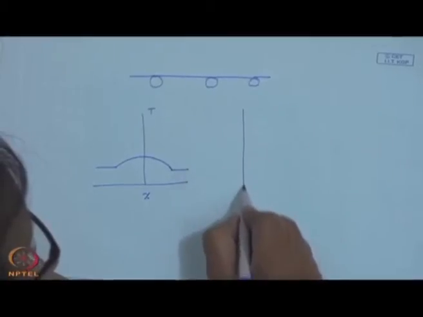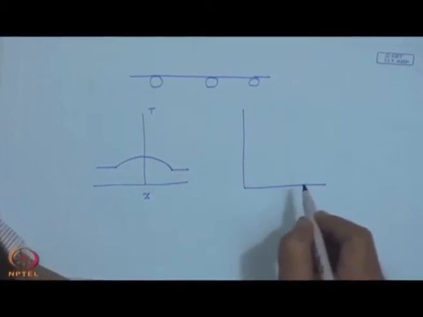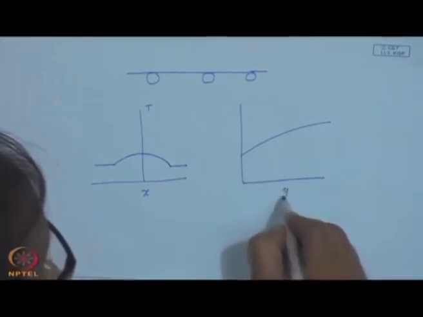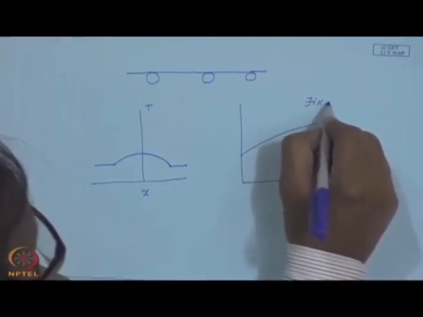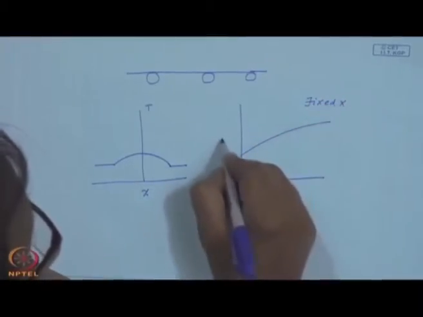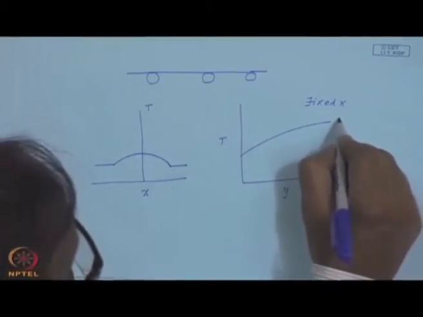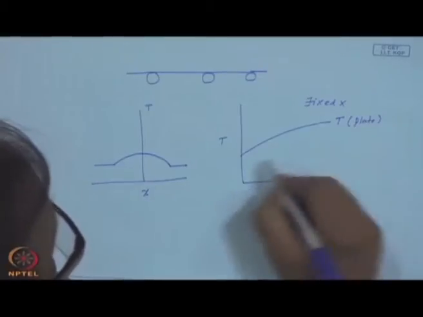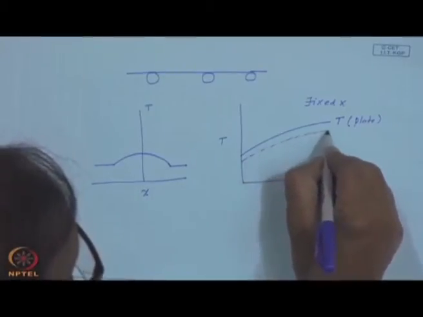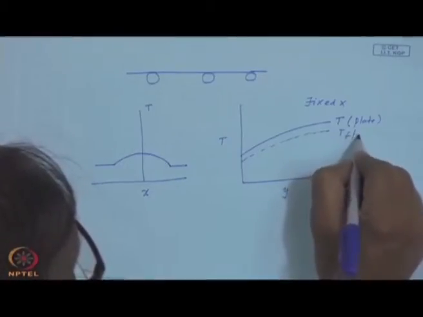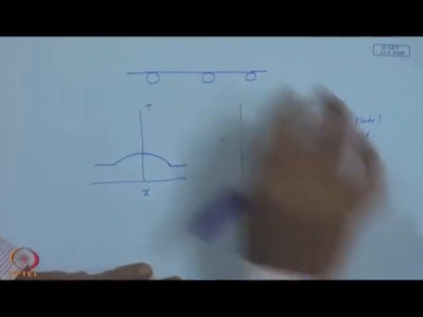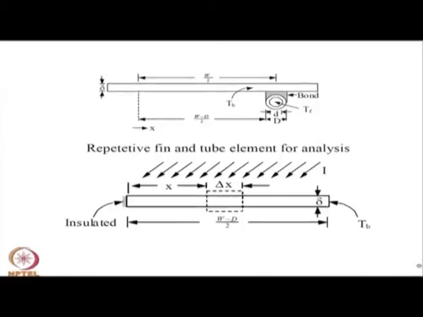Similarly, if we want the temperature at any fixed x, it changes with respect to y. This is T, which may in general be the temperature anywhere on the plate, and the corresponding fluid temperature will be a bit lower than that, depending upon how efficient the heat transfer mechanism is. Then we went through the analysis